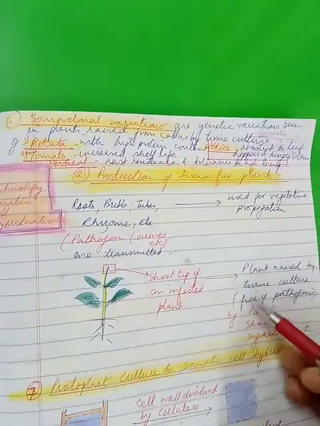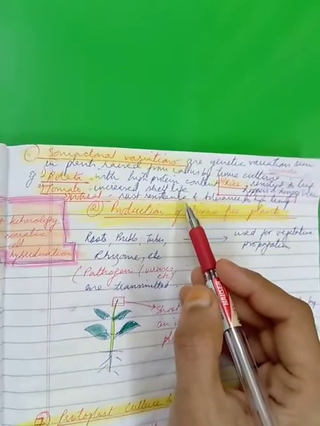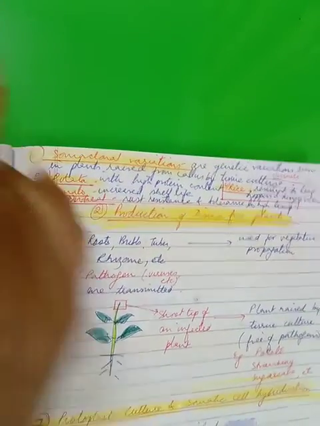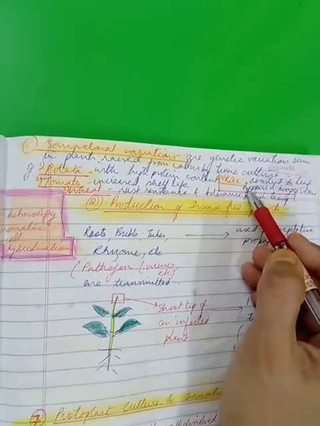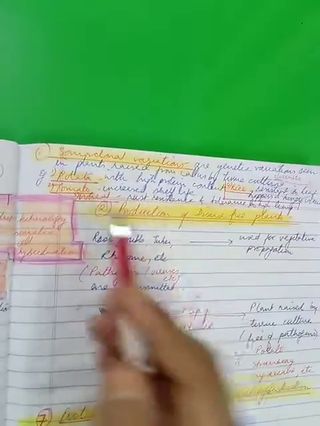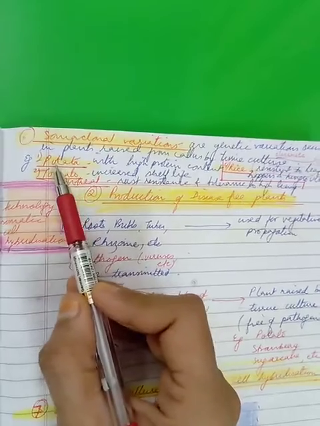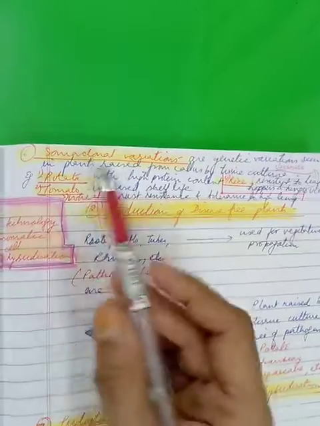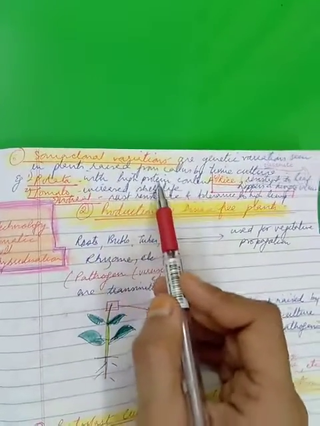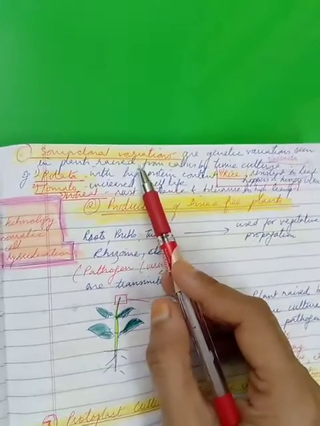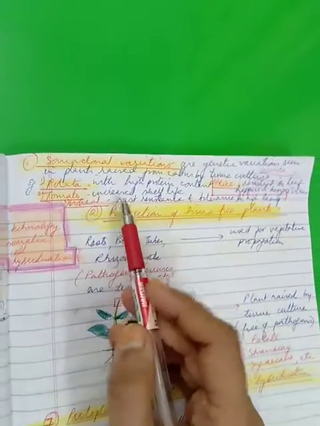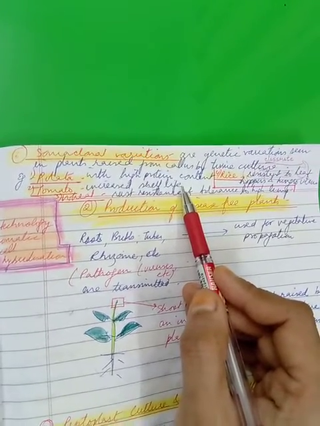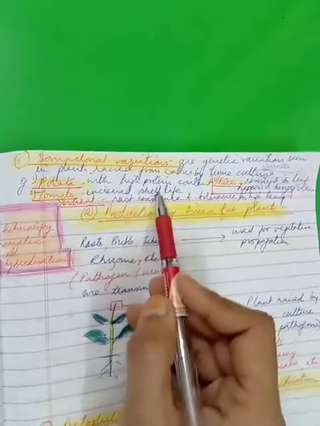If these variations are of economic value, then they may be introduced for tolerance for herbicides or various diseases, pests, environmental stresses, etc. Right? Then later on they are multiplied. Nowadays they've been very successfully seen in potato. Imagine potato, children, we know is a very good source of starch. But today we have potato with high protein content. So that's a gift of soma clonal variation. Tomatoes, which have been increased for their shelf life, right? They can be preserved in the refrigerators for a longer lifespan, 10 to 15 days especially.